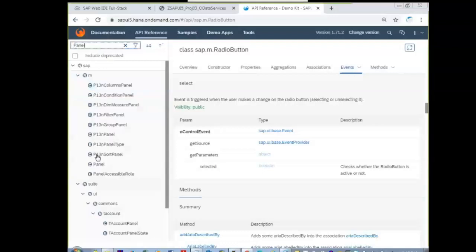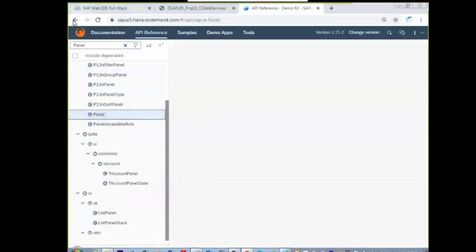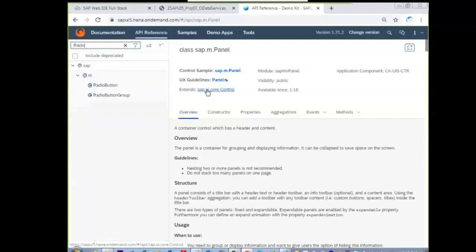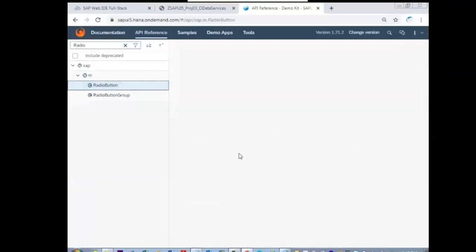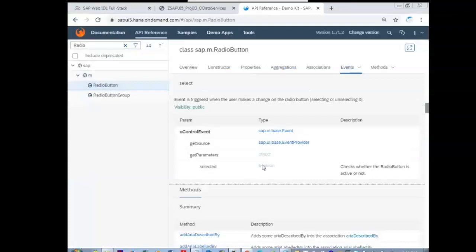For the radio button, that param value return type, let us see. Boolean. So the value or the state of the radio button. Okay, please remember this. It will be useful after 10 or 15 more minutes. We'll come back to this radio button.